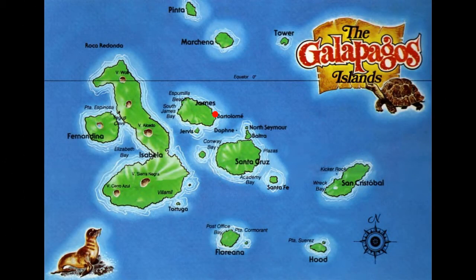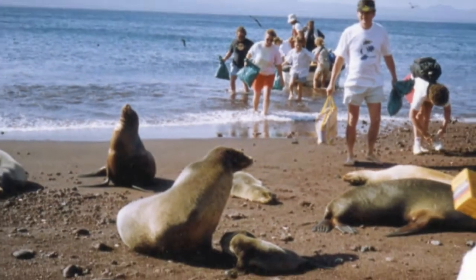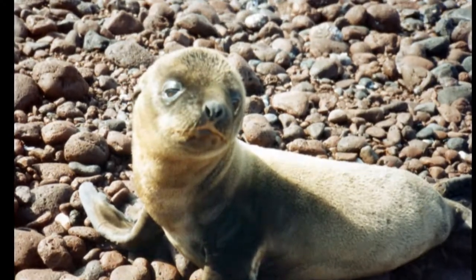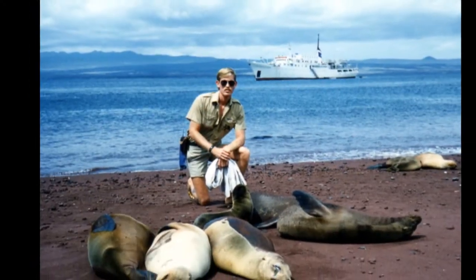During lunch, the Galapagos Explorer would head for the island of Rábida. The iron oxide red beach here is a favorite basking place for sea lions, and there are often sea lion pups to be seen. As a measure of how unafraid the sea lions are, I have often seen them carelessly lie on people's feet